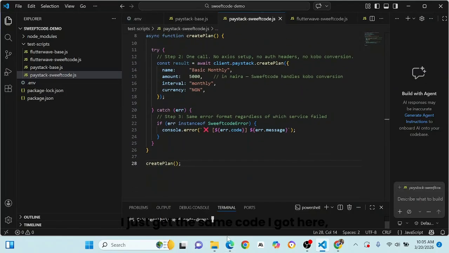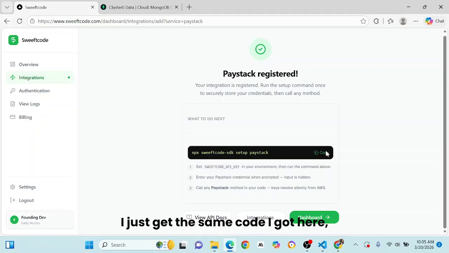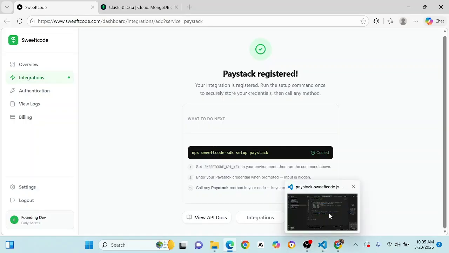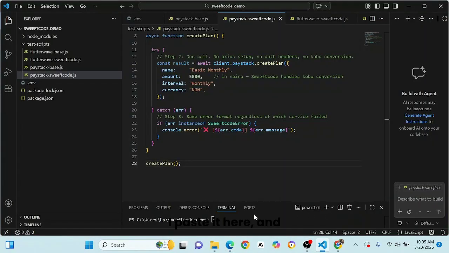So the same, I just get the same code I got here, I paste it here, and immediately I can run this. This is the same code across all services. So if I was going to be doing this for Flutterwave, it would be setup Flutterwave. If I was going to be doing this for say Youverify, it's the exact same thing. So in this case, Paystack,